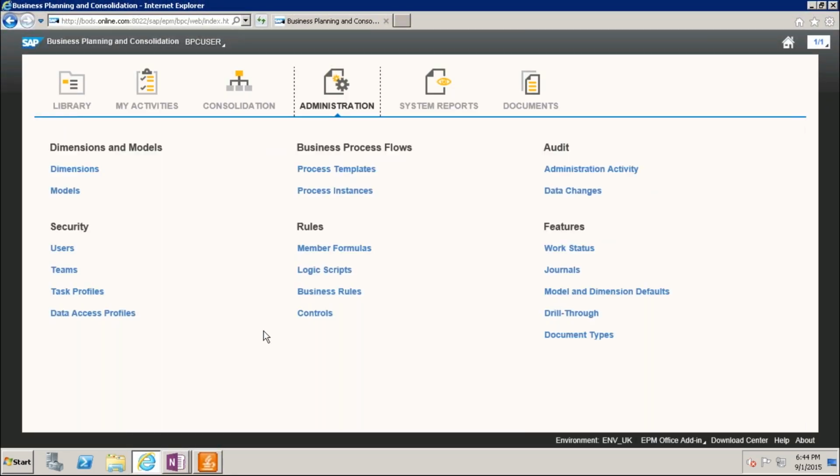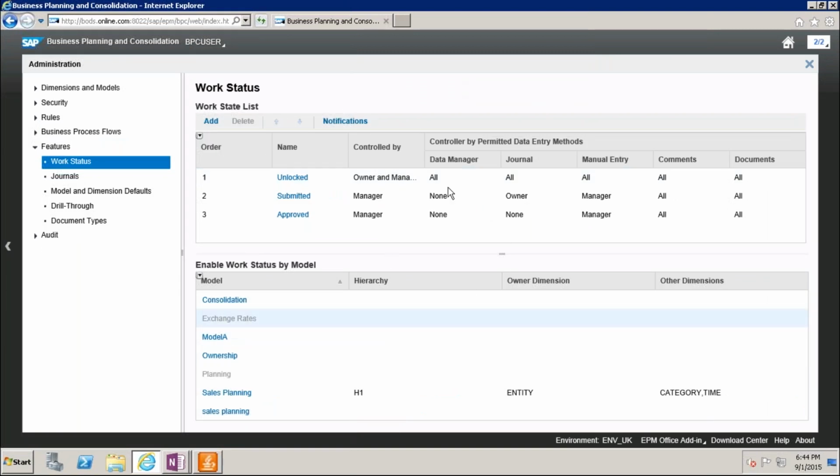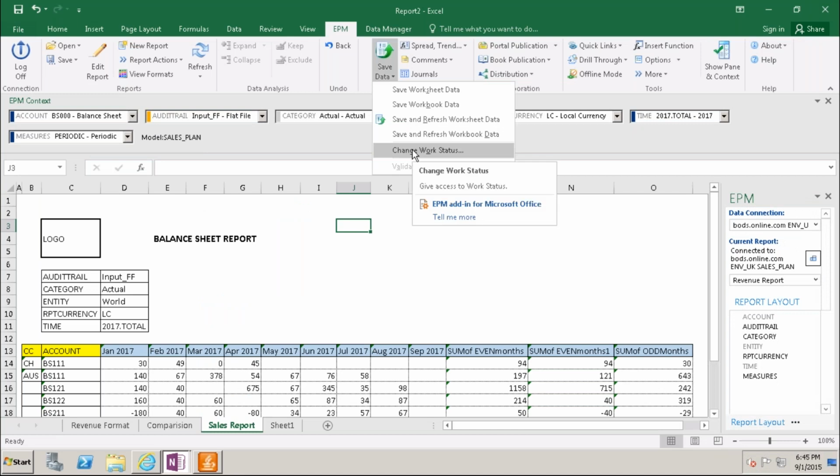In the administration, you go and see here, this work status settings needs to be defined here. Some settings need to be done, then only the work status will enable. Then after that we will come to here and we'll see the work status functionality.